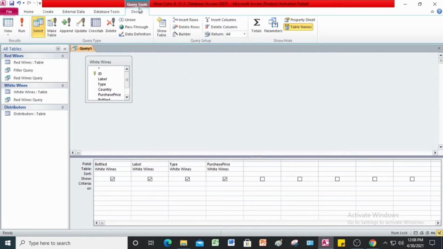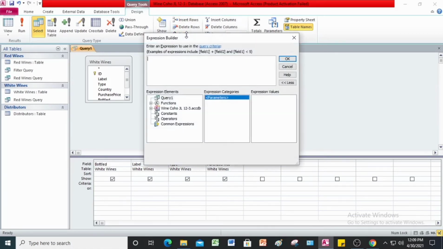Then we're going to go to your Design tab and click Builder. So in our expression builder, we're going to type the following: Select AVG purchase from white wines. So we're going to start with the greater than symbol, then select